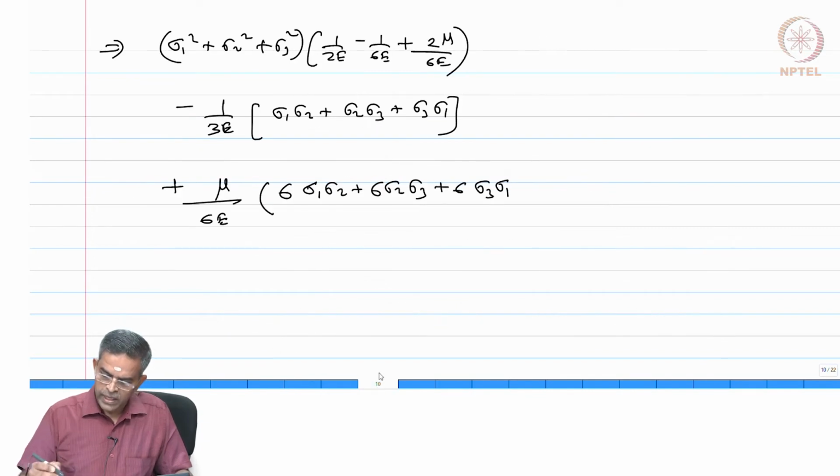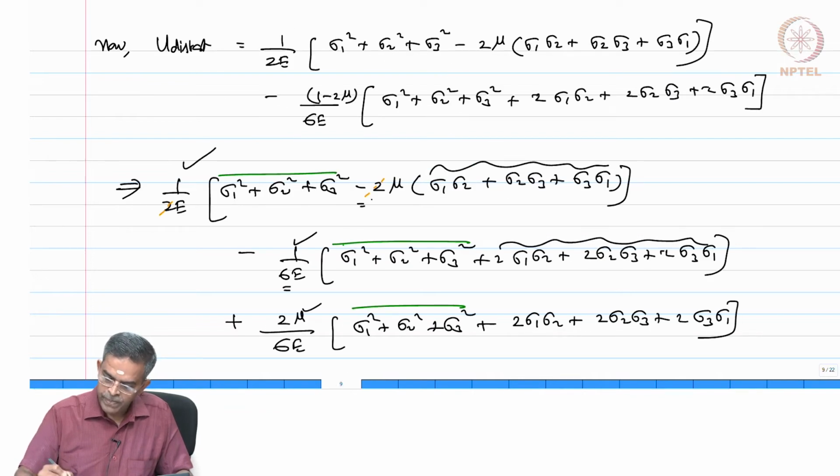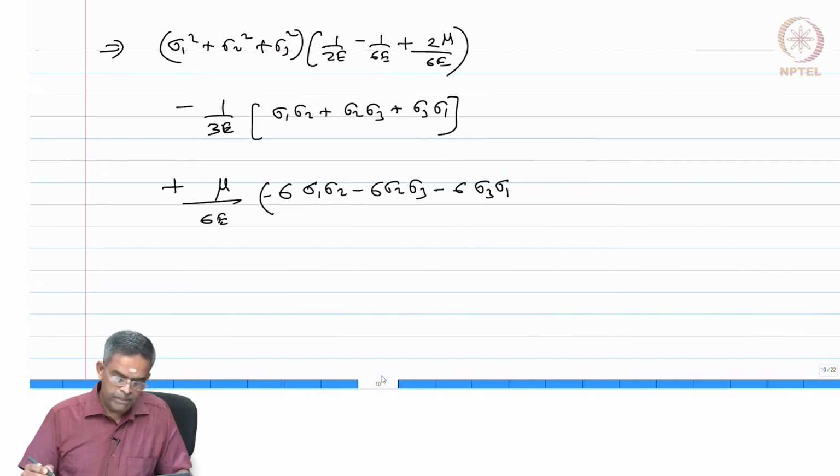All are negative, okay, because you see they are all negative. Plus I have this term also, so there is 2 and 2, 4 here, so I should say plus 4